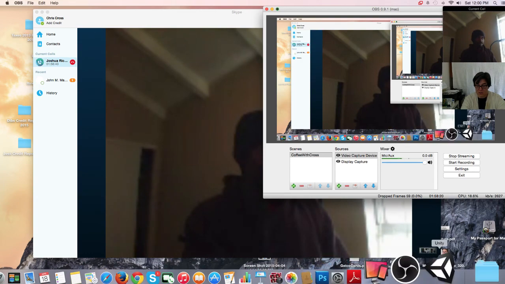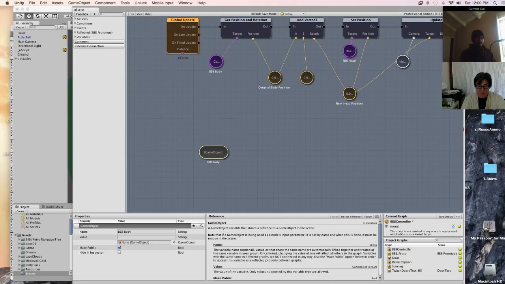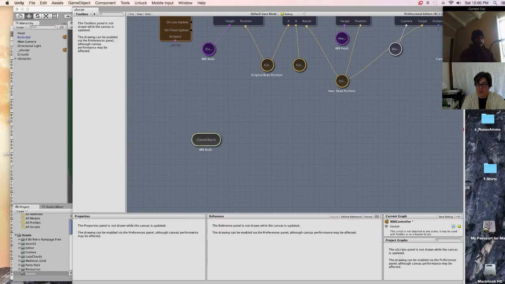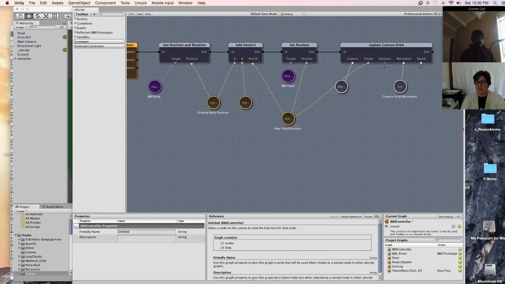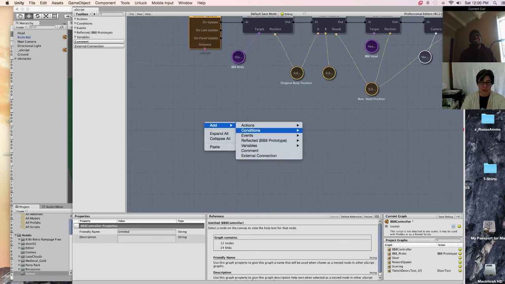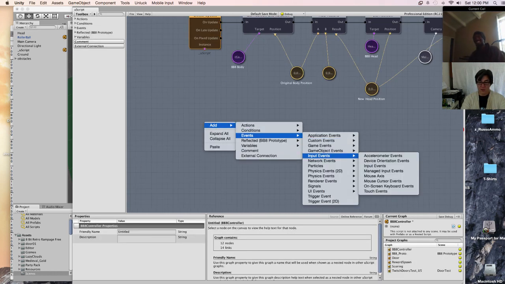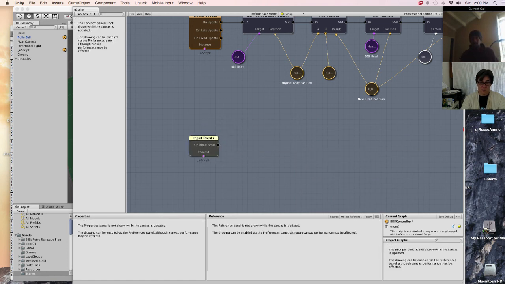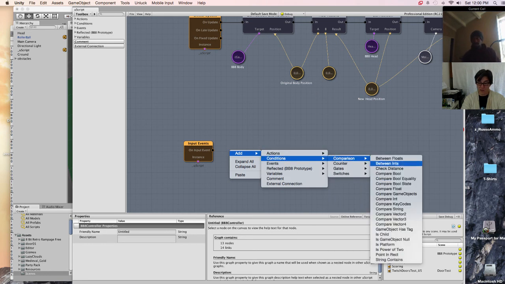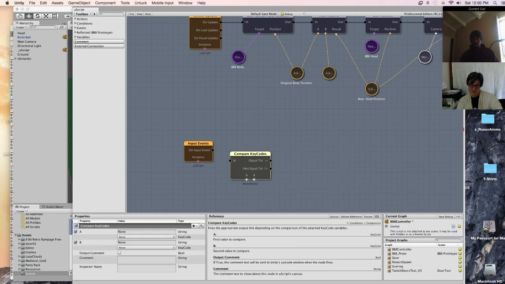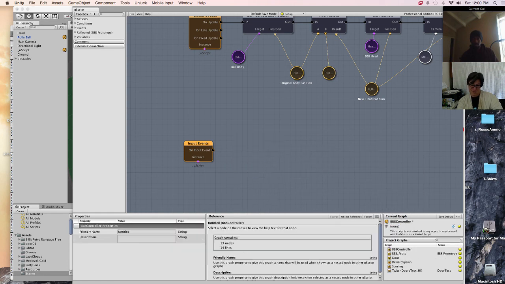Let's go back. Okay, so I'm going to take. What did I just say I was going to do? Oh, right here on add event, input event. Let's just call it this. On input event. Condition, comparison, let's see, where is it? Key codes? No, that's not what I want. Delete selected.